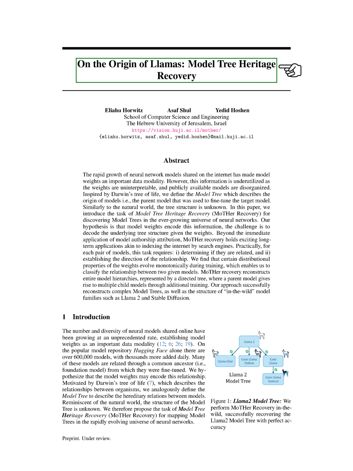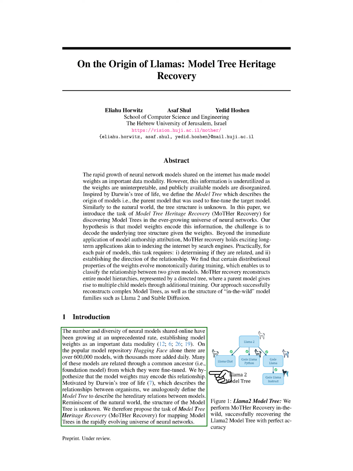Section: Introduction. In this section, we discuss the growth of neural models shared online and the importance of model weights as a crucial data type. We note the vast number of models available, with many stemming from a common ancestor model through fine-tuning. Inspired by Darwin's Tree of Life, we introduce the concept of a model tree to depict the genetic relationships between